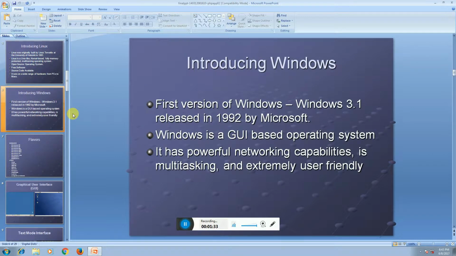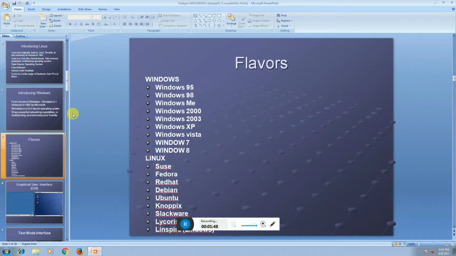Introduction of Windows. The first version, Windows 3.1, was released in 1992 by Microsoft. Windows is a GUI based operating system. It has powerful networking capabilities, multitasking, and is extremely user friendly. The followers: Windows 95, Windows 98, Windows ME, Windows 2000, Windows 2003, Windows XP, Windows Vista, Windows 7, Windows 8. The Linux flavors: Fedora, Red Hat, Debian, Ubuntu, Knoppix,